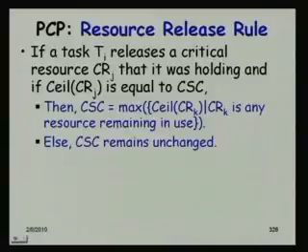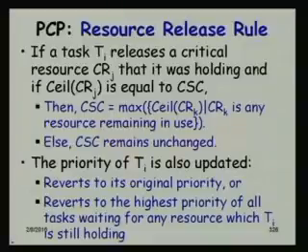if it had inherited a priority, if the inheritance clause was applied, then that also needs to be reversed, is it not? So, if the inheritance clause was applied, then it will revert to its original priority. If it is holding some other resource, then of course, it will get the highest priority of all the blocked tasks on those resources. So, just the opposite of the resource grant clause. Here the CSC value will get updated if applicable, and it will revert to its old priority if applicable,